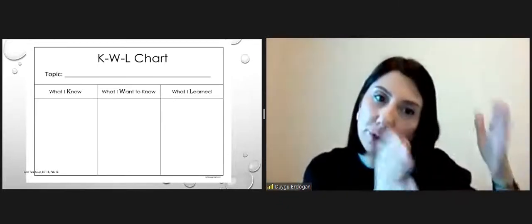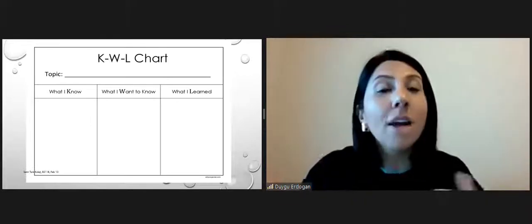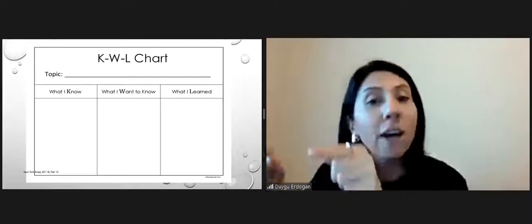First, they start by completing in the first part what they know. I'm pretty sure you all use this in your lessons. And then what they want to know. When the unit finishes, let them take out this chart again and write down what they have learned from